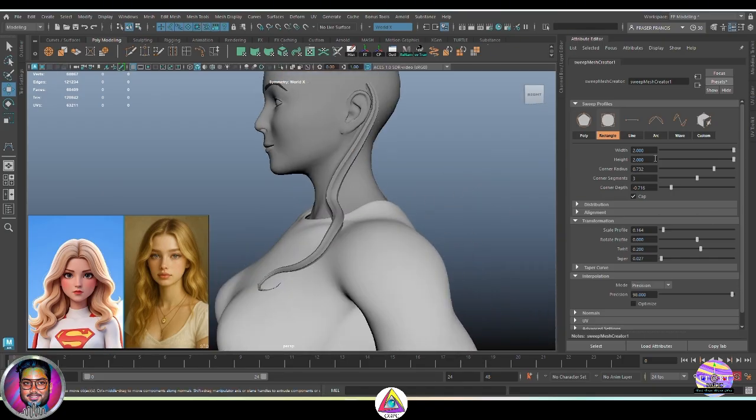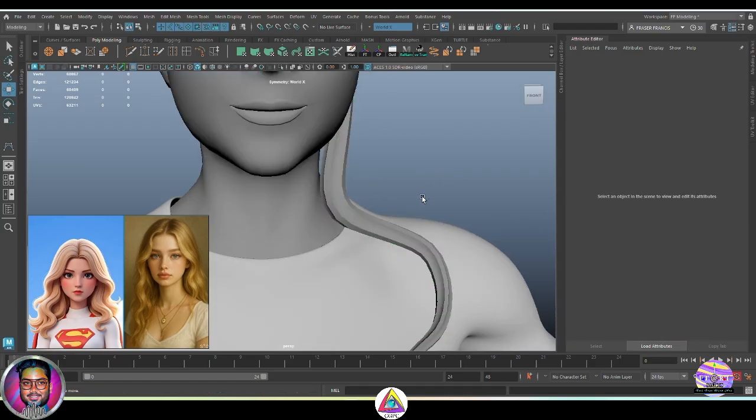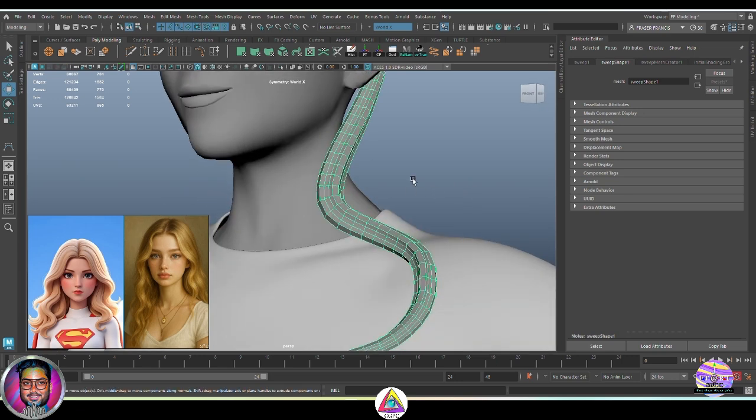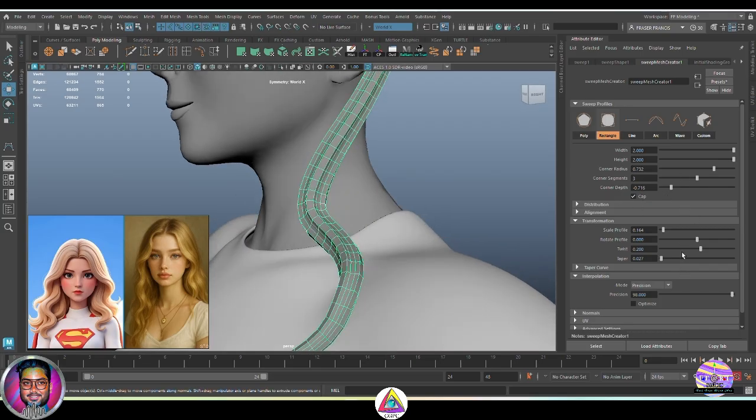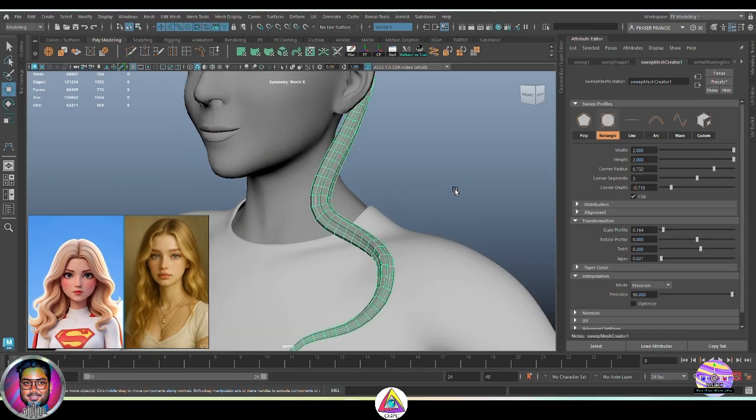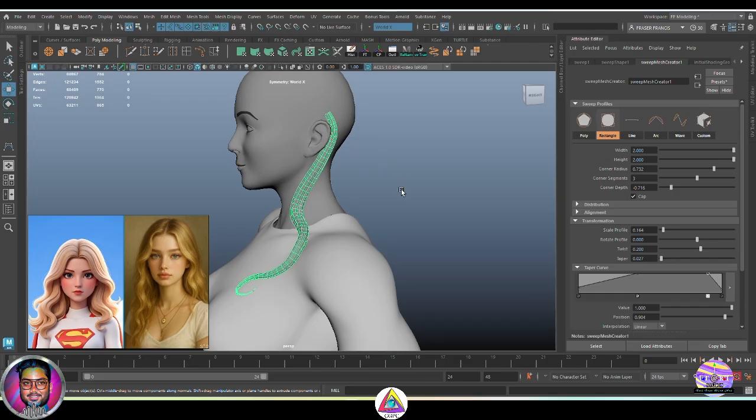For this style, I have kept the values as you can see: the height and the width is 2. The rest of the values you can just see from the screen, and you can take a snapshot if you wish to. I have kept it like this so that I can get some detailing from the model. As you can see from the attributes, I have taken the corner segment as 3 and corner depth as minus 0.7 approx. The caps is on to close off the hole, and for the scale profile you can check over there, 0.16, rotate 0, twist is 0.2, and